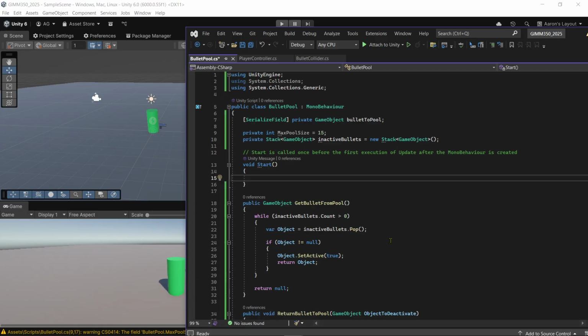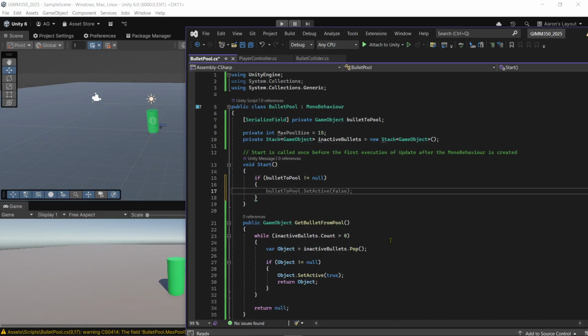what we want to first do is check and see that bullets to pool is not null, right? That there is some game object that we are going to pool. And so we're going to make sure that that's not false. And this is going to happen once again in the Start. This is called once right before that first execution of an update, which is not going to happen for us, but it's going to happen kind of right after the MonoBehaviour is created. There are a few other things that come into play that we can play with later, which we'll get into,